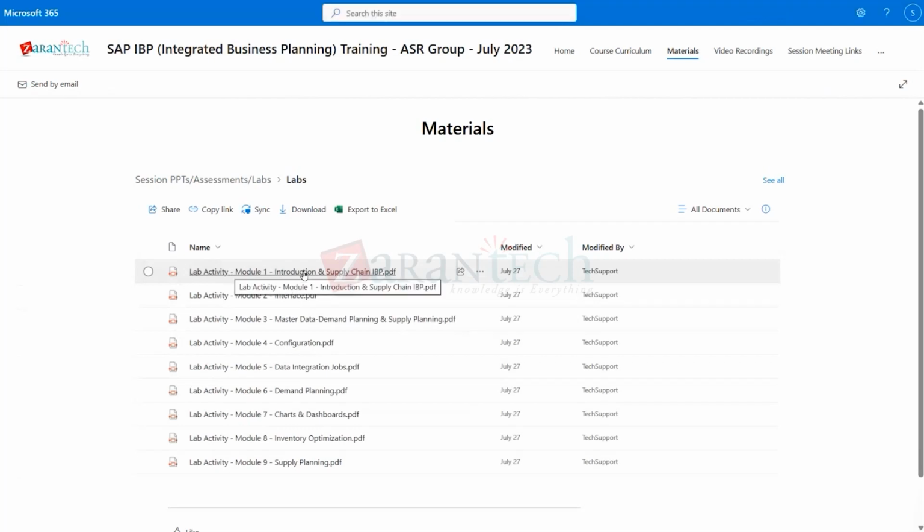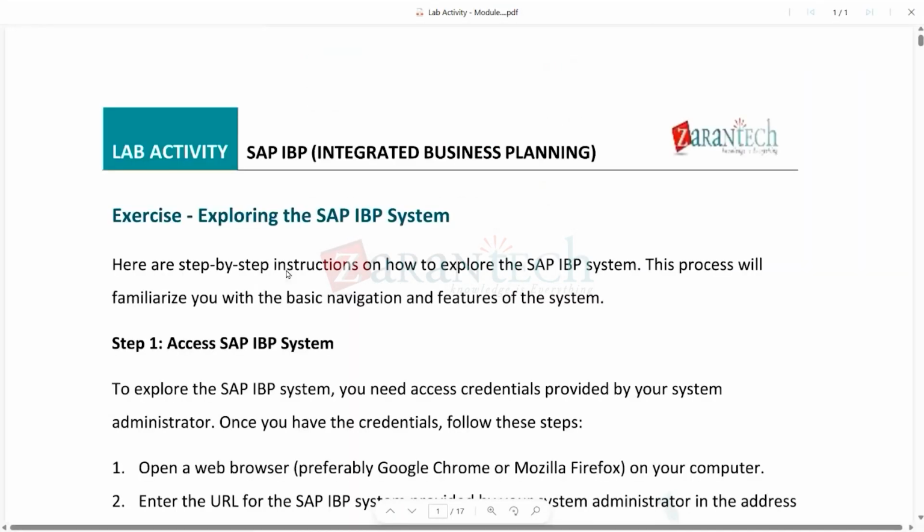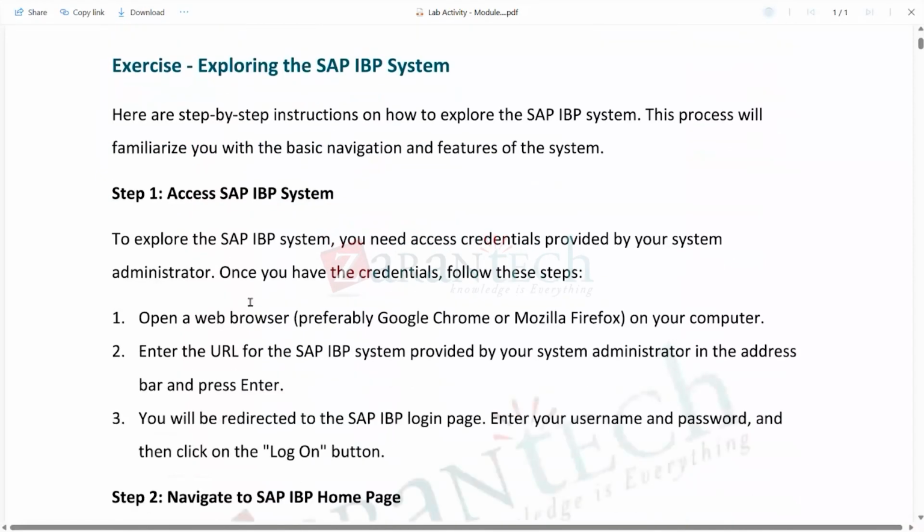These are basically the lab activities. Because I don't have access to your IBP system, normally in such a training conducted by ZaranTech, the servers are provided by ZaranTech. But this time, your organization said that the server will be provided by ASR, so these activities need to be conducted on your server. So this lab activity is a step-by-step approach which you can follow and go through the IBP,